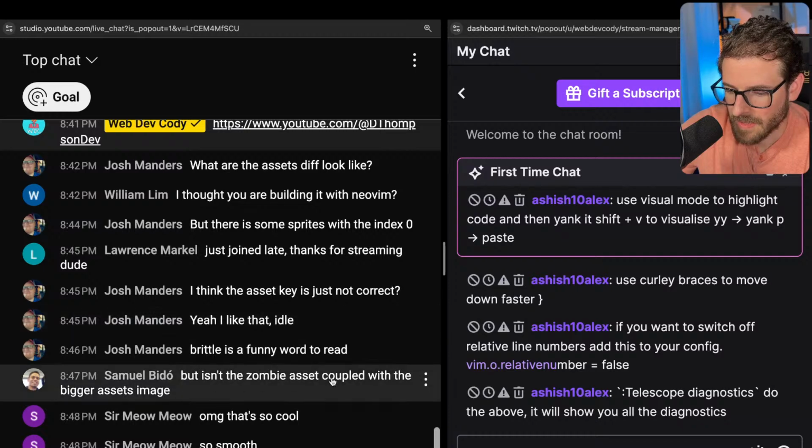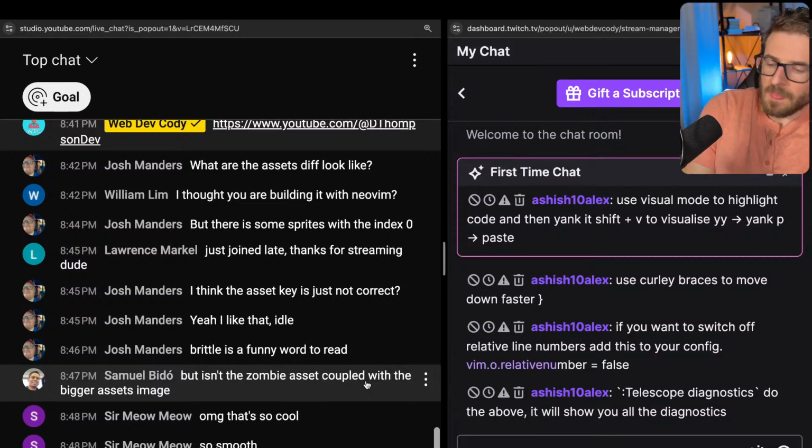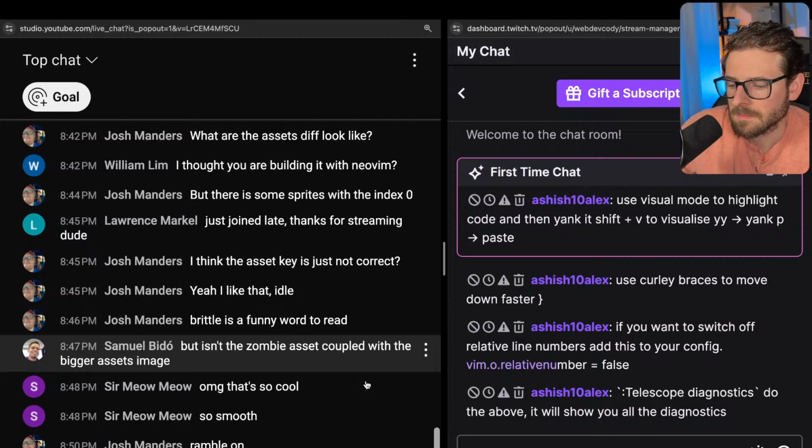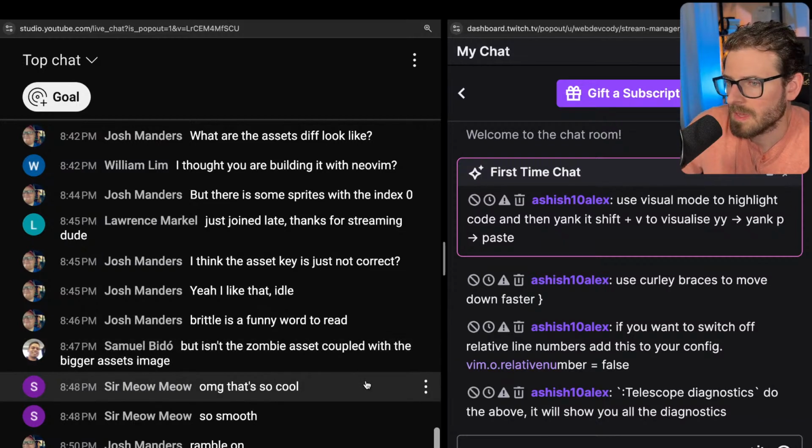But isn't the zombie asset coupled with the bigger asset image? Isn't the zombie asset coupled with, you mean like the giant spreadsheet? Yeah, I think you have a good point there.